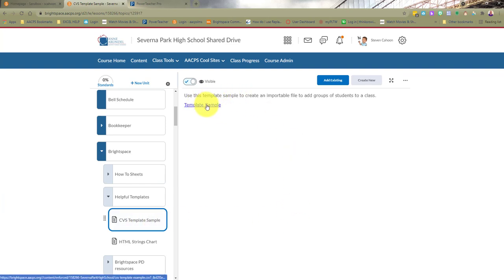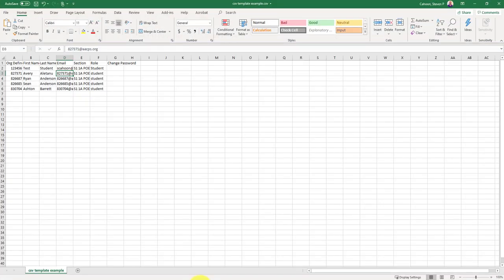Select this, and it will download a new spreadsheet called CSV Template Example to your computer, which looks like this